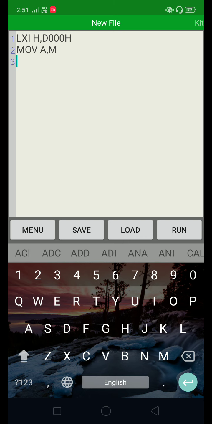Press enter. Next instruction is to increment the memory pointer by 1 to locate the next 8-bit number. So next instruction is INX H. So by using this INX H we are incrementing the memory pointer that we created, that is D000. So after INX H in HL you will get D001.